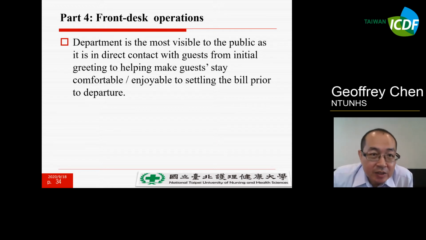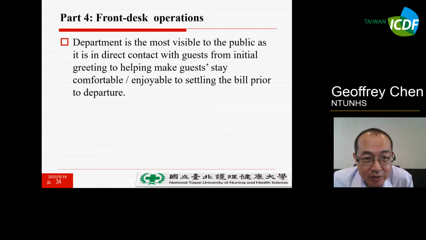And the last part is about front desk operations. When you work in this department, it is the most visible to the public.